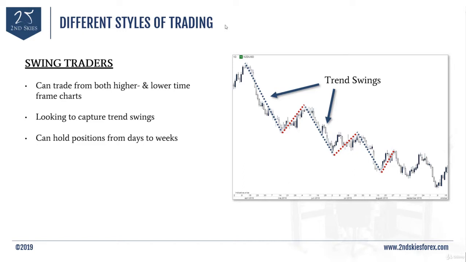Swing trading can be done from higher and lower time frames. It doesn't really matter. For your reference and ours, we consider higher time frames to be anything from the 4-hour chart and up: 4-hour, dailies, weeklies, monthlies. Lower time frame for us is generally 1 hour and below. The whole goal in swing trading is that you're trying to capture these major swings. That means you could take both sides of the market, but your overall goal is to trade with the more dominant flow of the market. You're looking to capture these individual swings and trends that you see in the market.